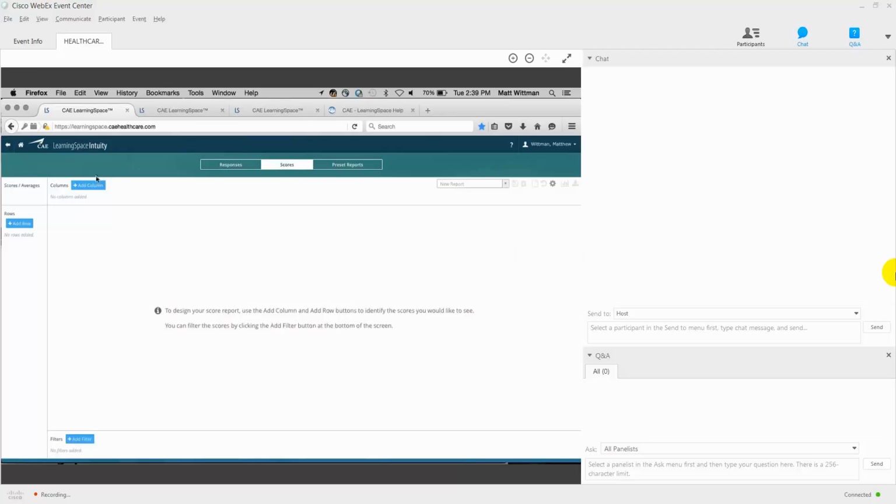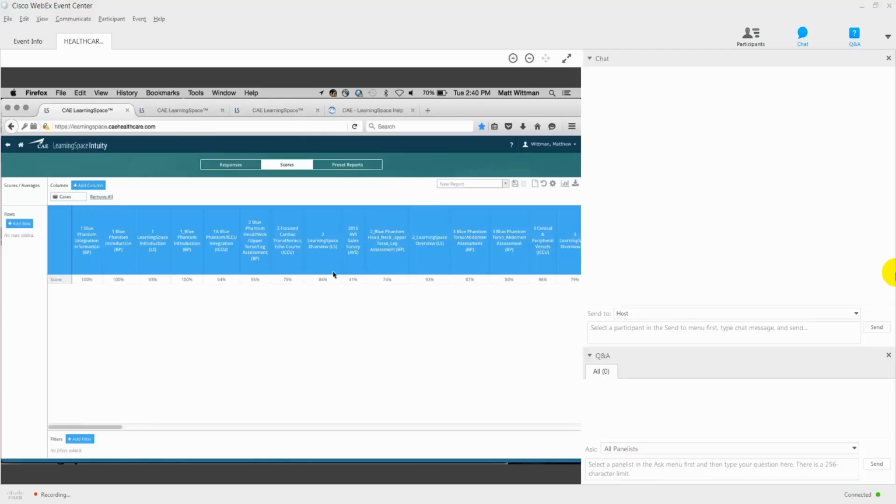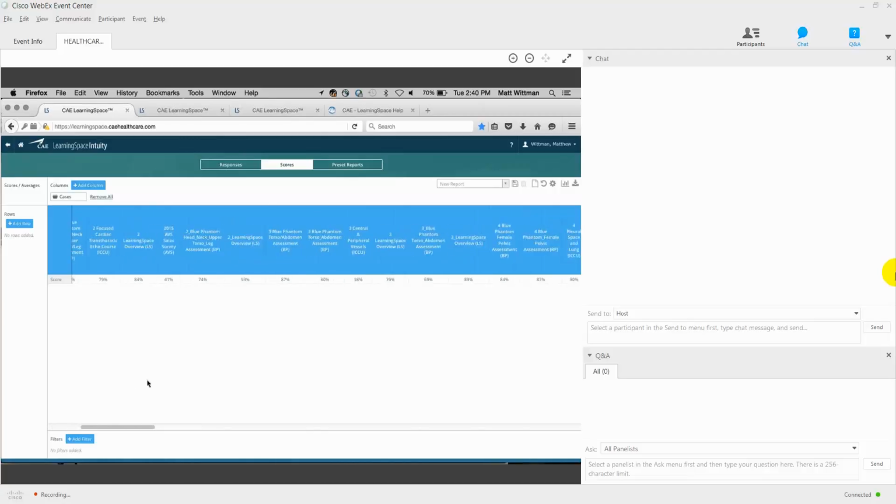So to quickly give you an example here, this is kind of like a pivot table builder in Learning Space. If you're familiar with Excel, you have all of the data points that have ever been collected with any kind of data entry, with any activity, any case, at your fingertips here. So, for example, maybe I'll choose to add columns to my report here. How about I'll say I want to see all the cases that are on my system. There you go. There's all my cases right there, all the way across, and I'd see all the average scores